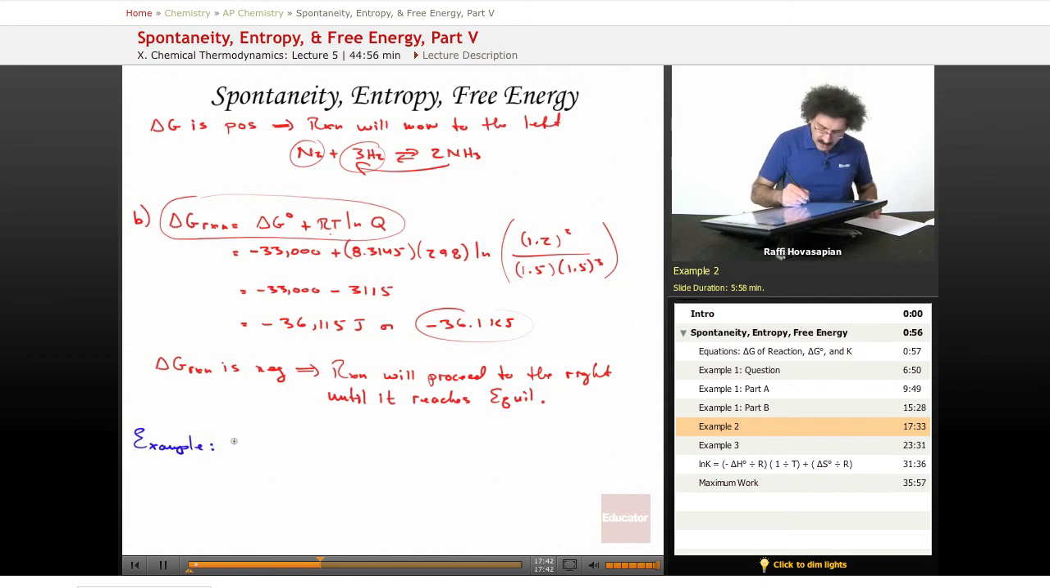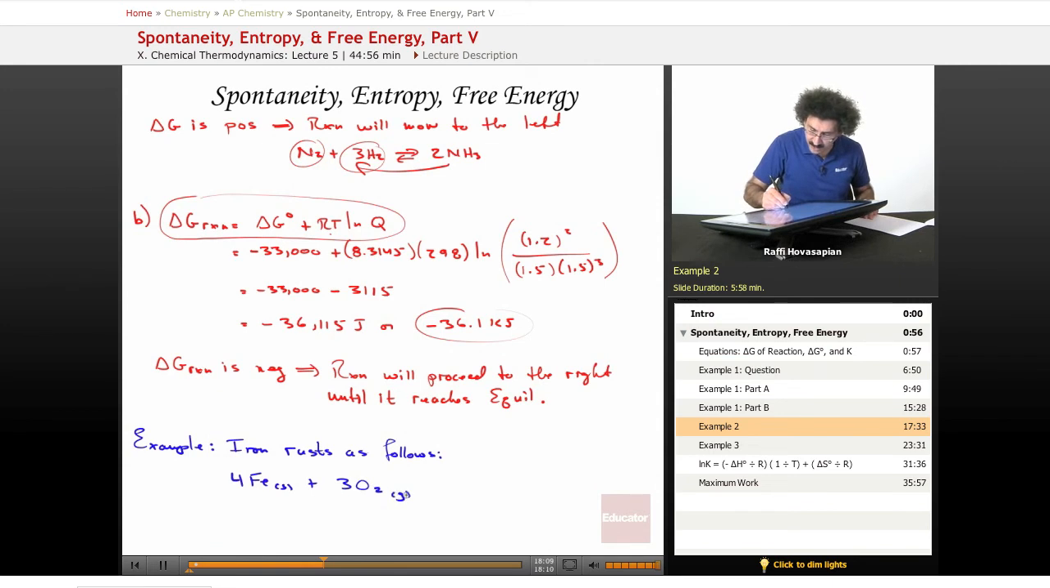Okay, let's see. So iron rusts as follows. The reaction is 4 molecules of iron solid metal. Let me write this a little more clearly here. 4 iron solid plus 3 molecules of oxygen gas